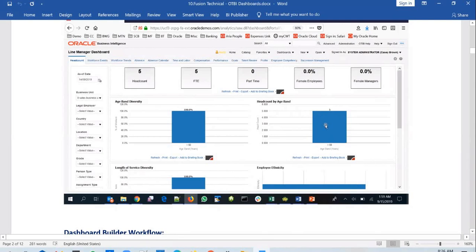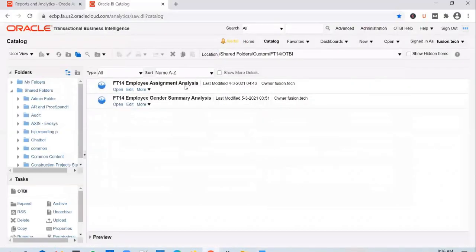That's how it works. So rather than having parameters or prompts at the report level, you will have a prompt at the dashboard level. This is called a dashboard prompt. So the first thing we need to do is take off the prompt from the report that we created, make one change, and then create a new dashboard prompt. And then we create a new dashboard. So go to the detailed report that we have created.